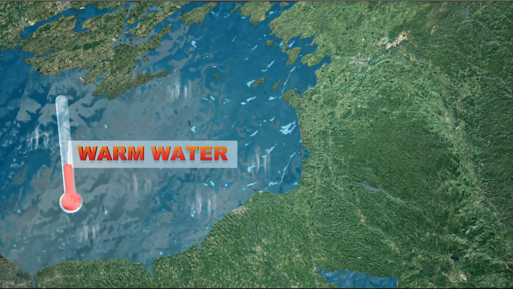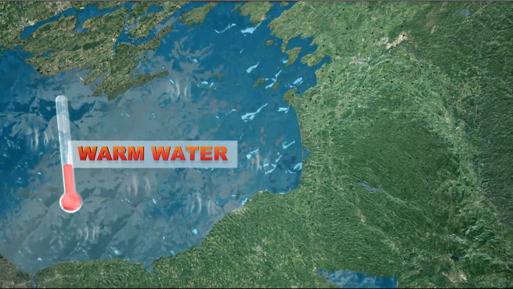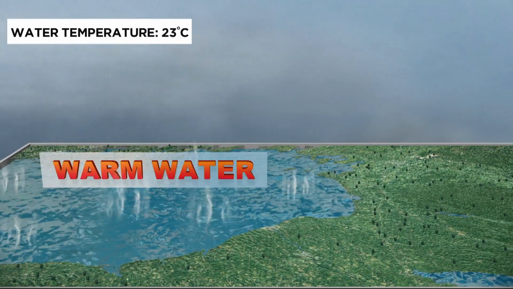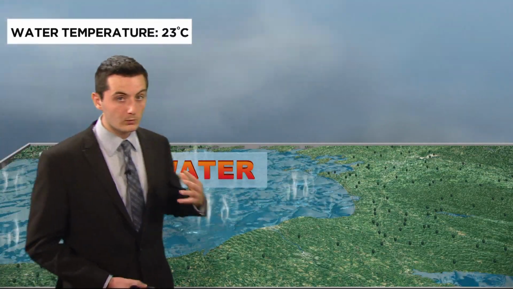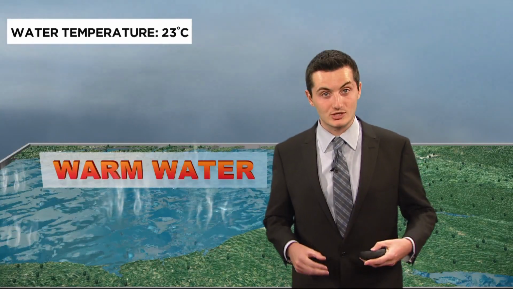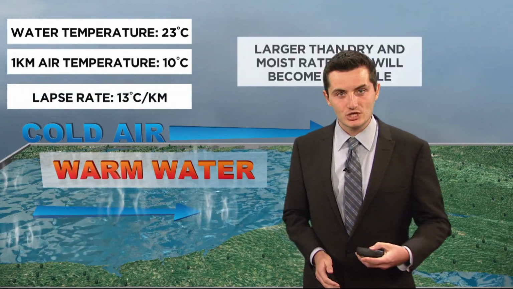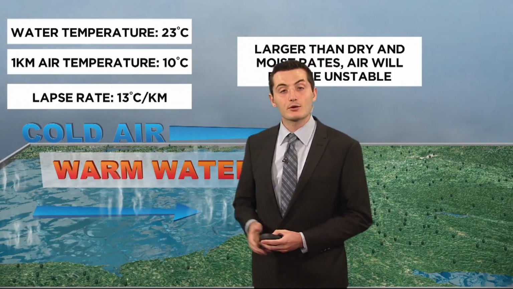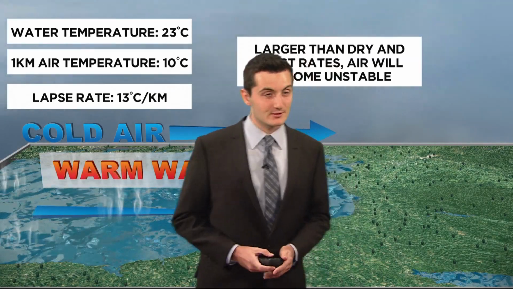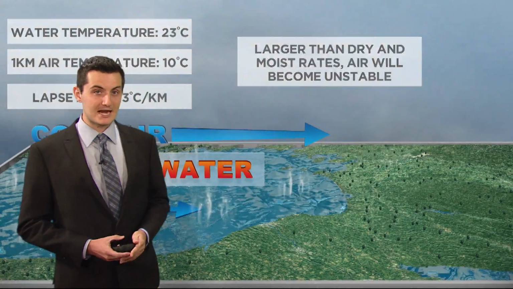But the one thing that we're looking at right now for our weather today and Tuesday as well is lake effect. And that is just defined as winds going over warm water. In this scenario today, our water temperature is about 23 degrees Celsius, 75 degrees Fahrenheit. And when you have cold air, which is what's moving over that, in this case 10 degrees Celsius, that's a 13-degree change over a kilometer. And that is much higher than the dry adiabatic lapse rate. So when that happens, air will become very unstable, and you'll tend to have those clouds moving over with scattered rain showers, and more importantly, during the winter, a lot of very heavy snow showers as well.